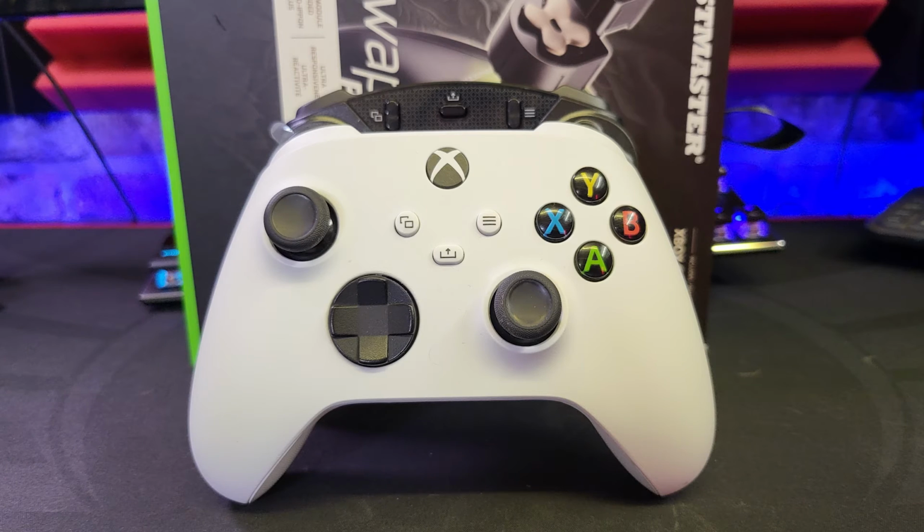It's hard to capture, but it's a very similar size to the original Xbox Series S or X controller, but it is a little bit taller and there is more plastic at the top, meaning that the RB buttons are just very, very slightly taller than the original controller. But all in all, like I say, it fits really nicely in the hand, especially if you like a slightly larger controller. If you come from the Dreamcast days, for example, you're going to really enjoy the feel of this